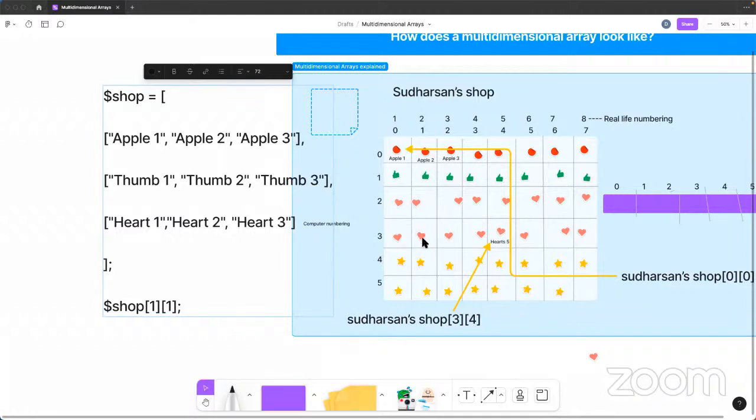Which of the rows is it representing? It's representing the number 3. Really? Cross check. Heart 2, heart 3. Cross check. It's representing heart number 2. Oh, so